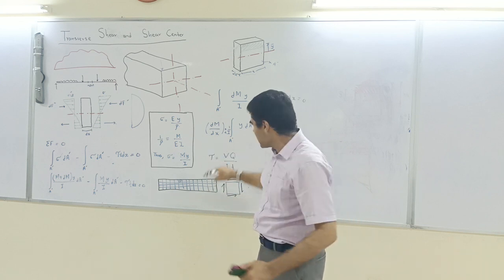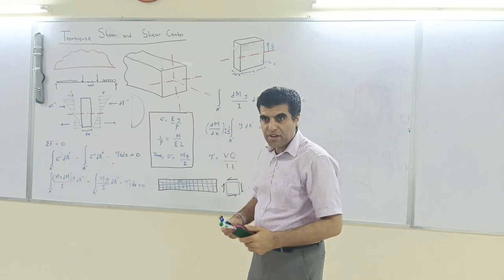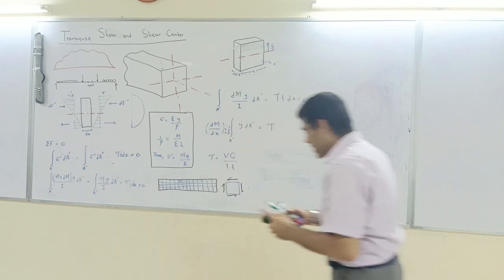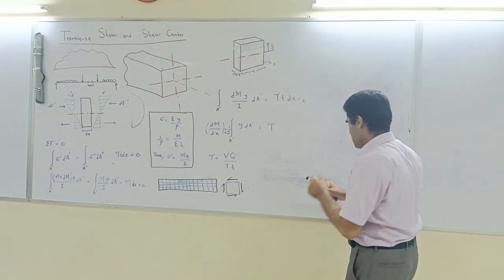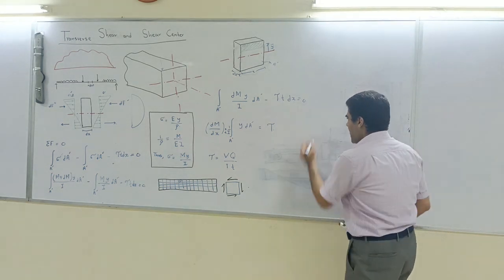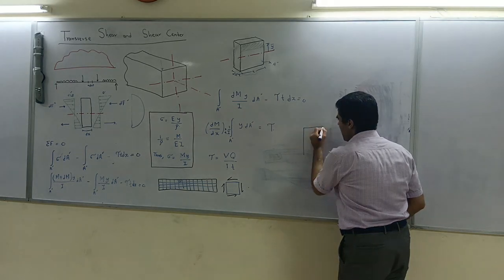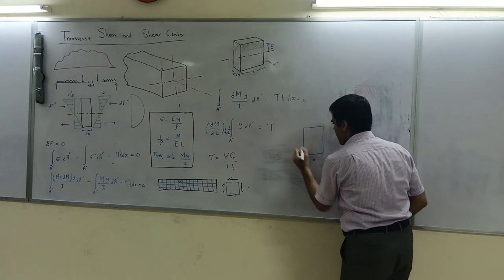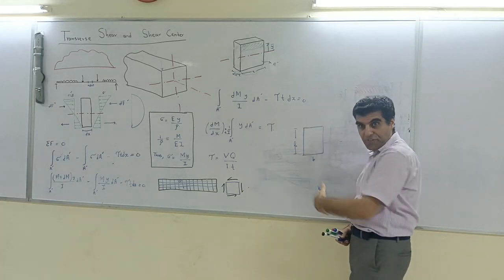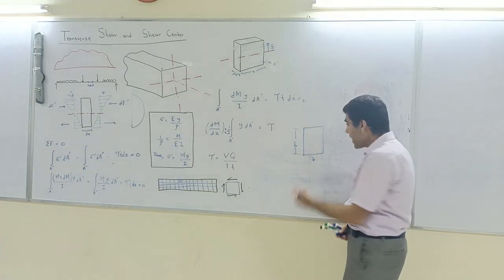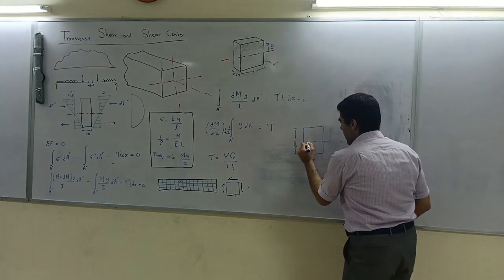So then you can take Q simply as the maximum. You are interested, imagine, in finding out maximum shear within the cross section. Okay, so that would be equal to,